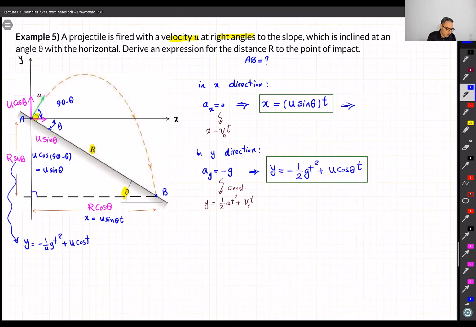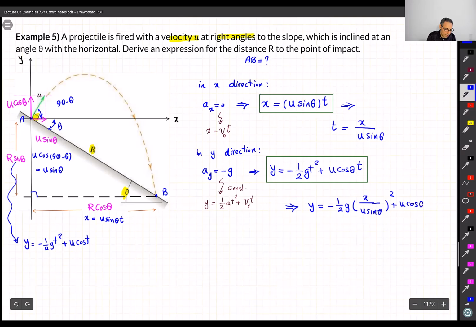We just care about the distance. From here, I can find time, which is x over u sine theta. Now I replace it here, then y is going to be half of g t squared, which is x over u sine theta squared, plus u cosine theta and x over u sine theta. All right. So now I have this big equation,